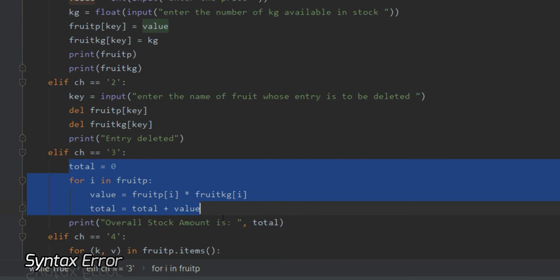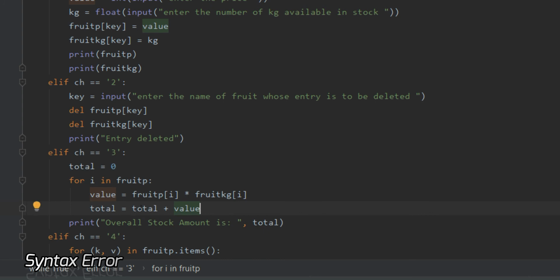Third is finding out or counting the total value. As I explained in the output, if you haven't watched the output at the start, then go and watch that first so that you can understand what is happening here. Now for this, for i in fruit P, fruit P is my first dictionary that stores the fruit name and the price of the fruit.